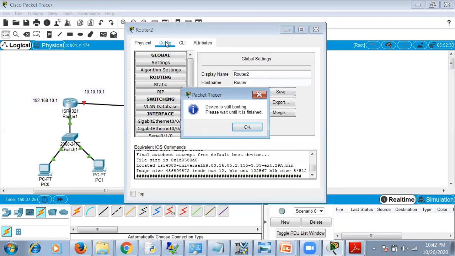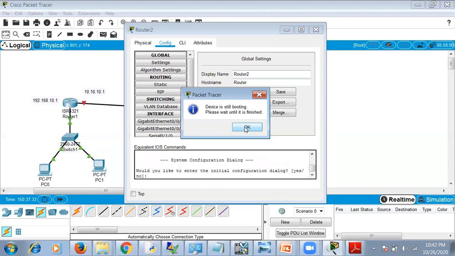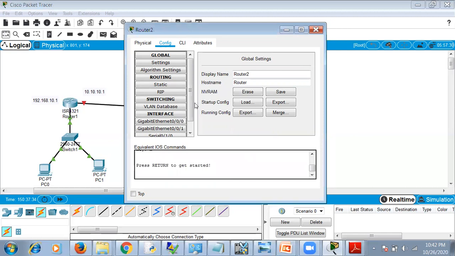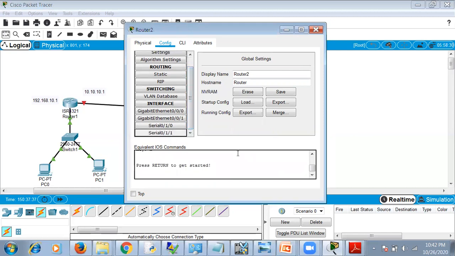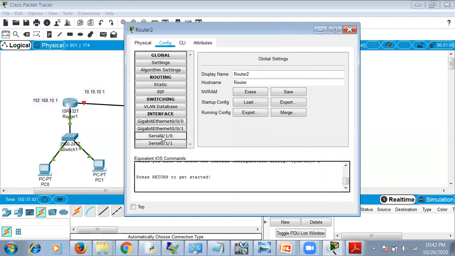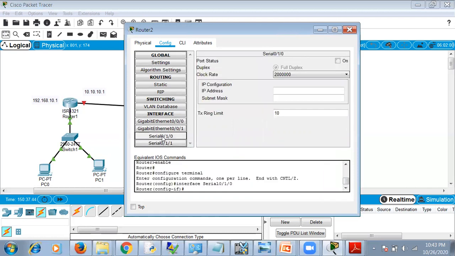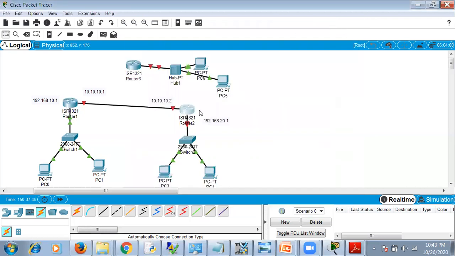Go to config now. So now you can see that there are two more connections given, that is serial connection. So here we can click the third channel where we can add the next link. So we've got the third link.